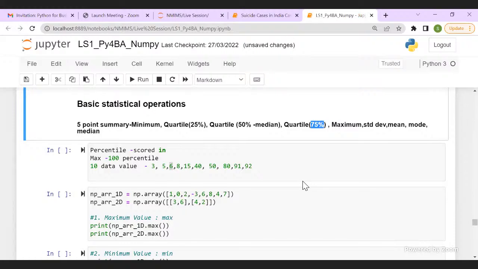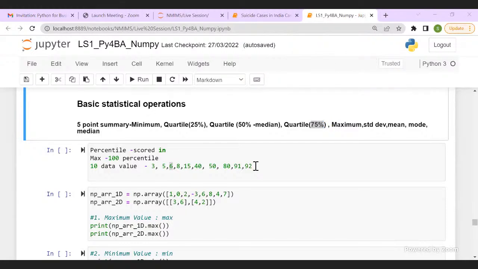So the quartile has come from finance, the quarter, and percentile has come from your scores. Now you understand what a percentile is and what a quartile is. When I say 75 percentile, 50 percentile, 25 percentile, you understand the percentile you get in scores. And first quartile, second quartile, third quartile come from the quarters in finance. You divide into 4, and accordingly you have your quartiles. Got it?